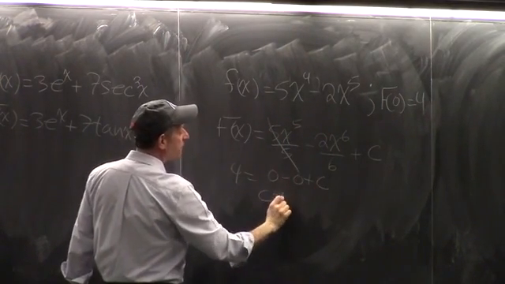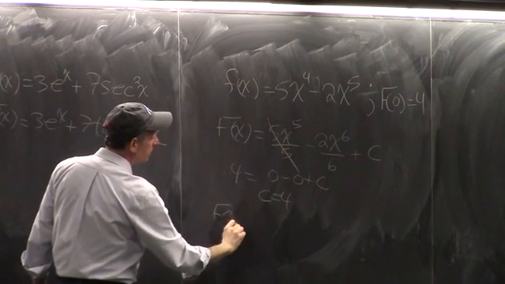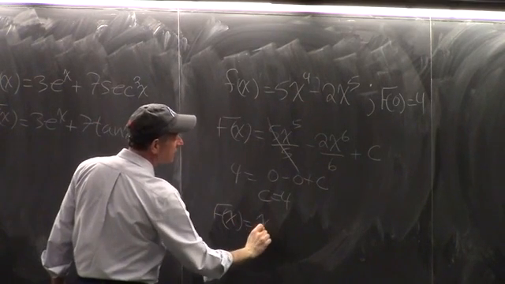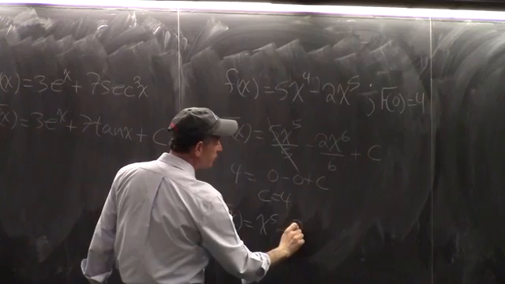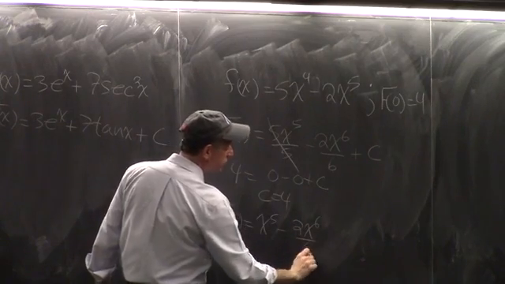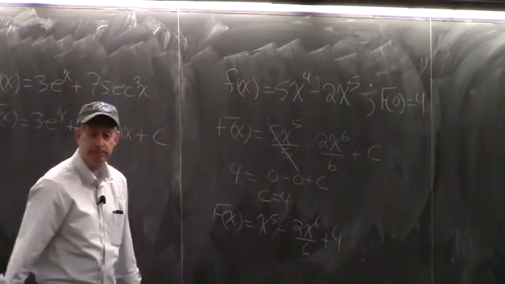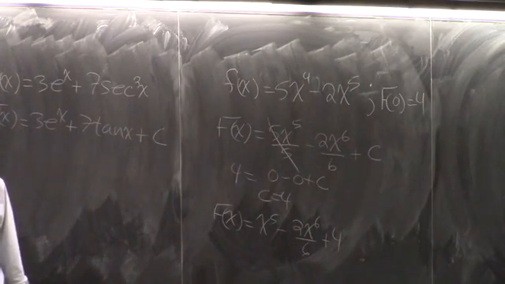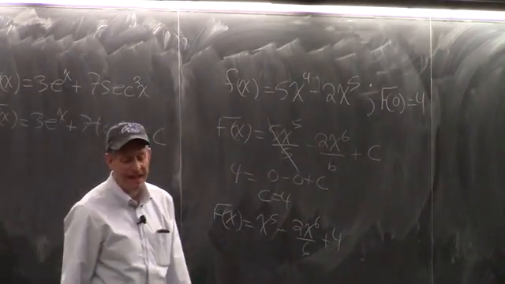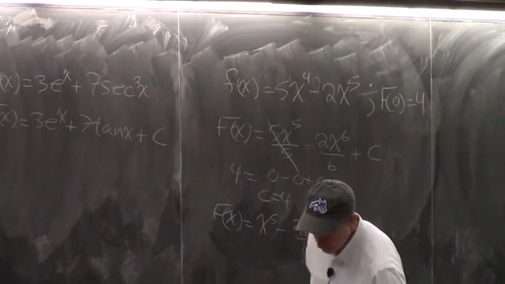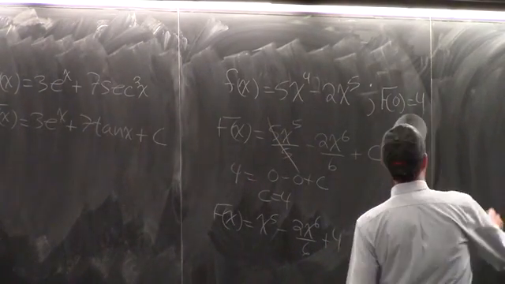So c equals 4. Therefore, the antiderivative is x to the 5th minus 2x to the 6th over 6, which you certainly could deduce, plus 4. So this information helps us find the exact function. Suppose I had